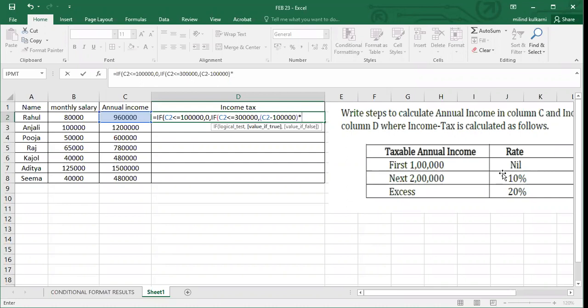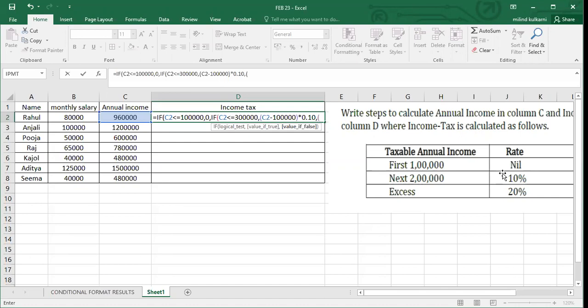You can write 10 percent, or you can multiply with 0.1. Is it correct, 0.01 or 0.1? Yes, you should multiply with 0.1. Comma, again, what is the next condition?